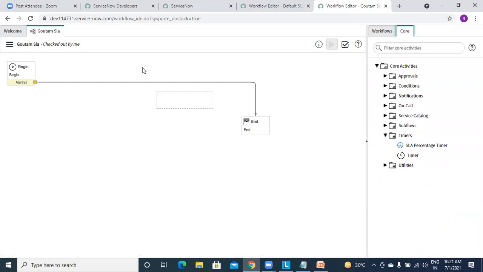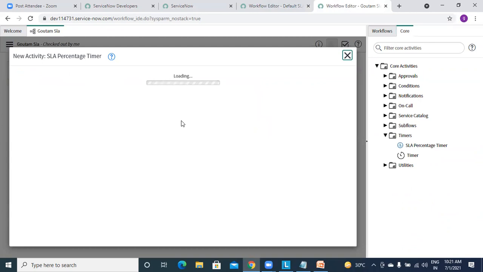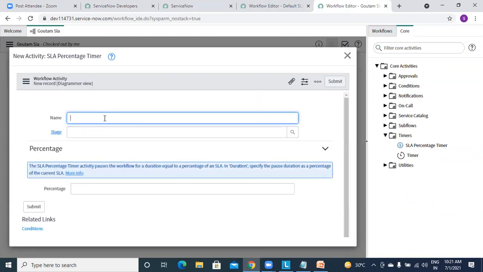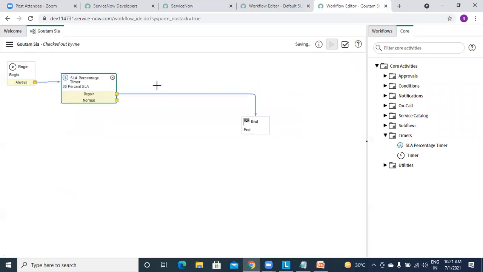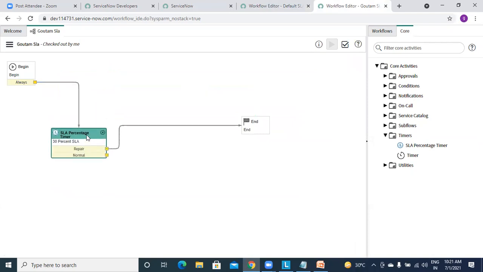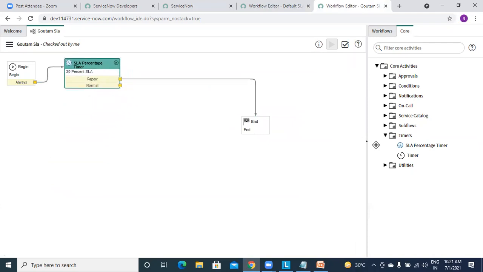So you have to just drag this and drop it in between somewhere and give some name, 50% or else 30%. Okay, and give 30% here. That's all, nothing more to do. And you can see when we drag and drop that on this line, it already got attached here, so nothing to do. Okay,